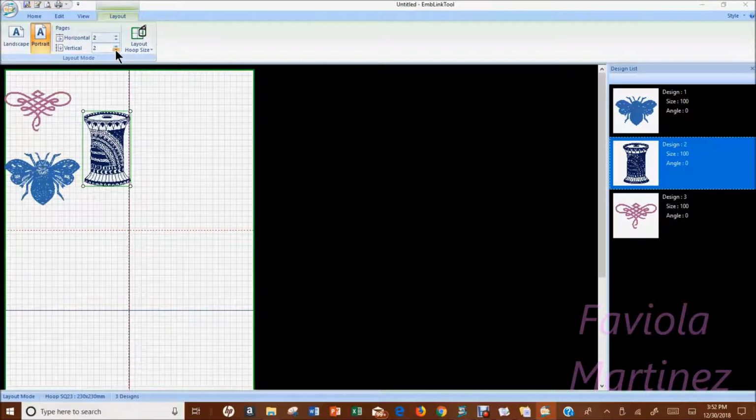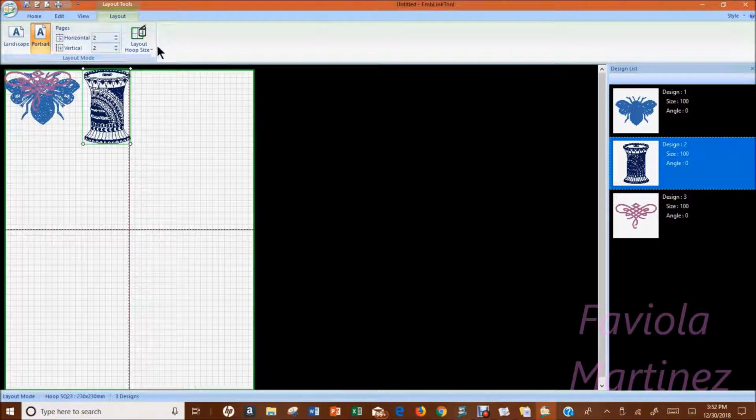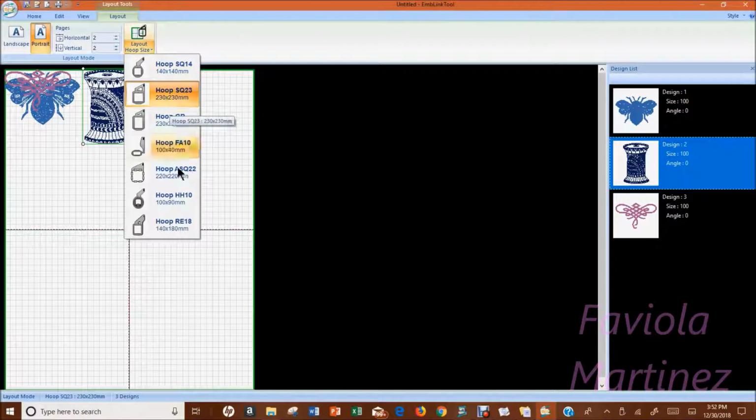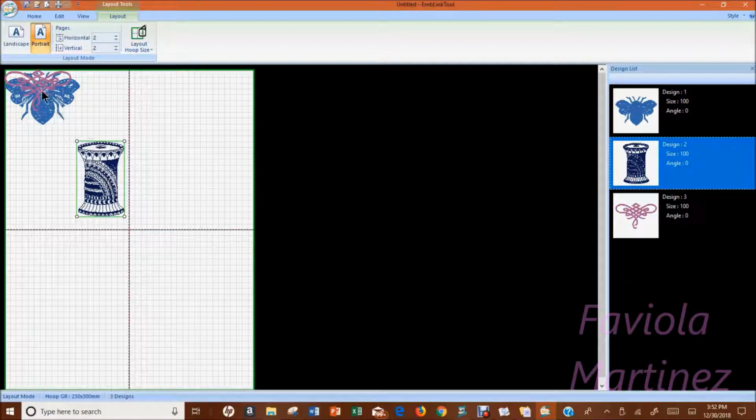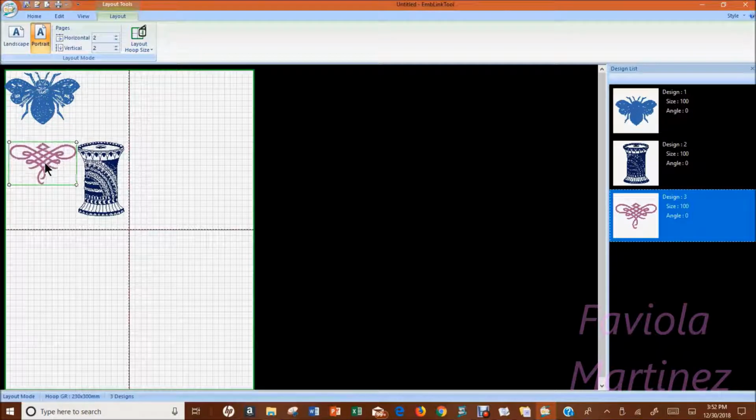I don't know if it's going to let me come back out of here. Oh, it's not going to. My layout hoop size, it might not want to let me do this. Let's move this little baby here and move this one here so we can get them all on two pieces